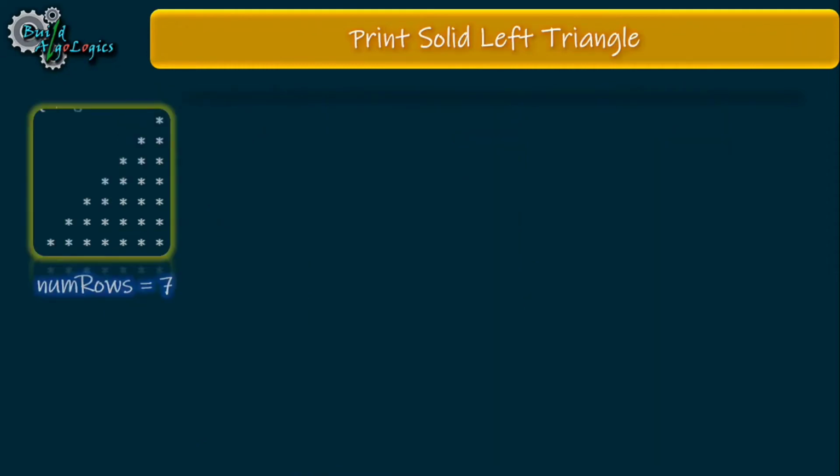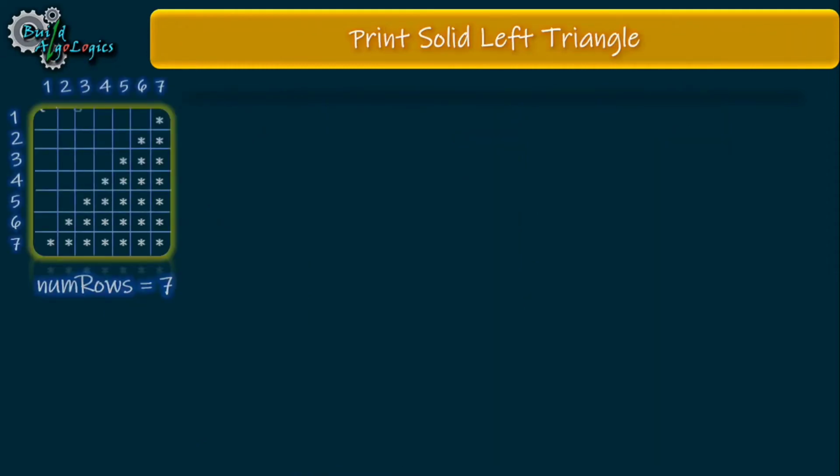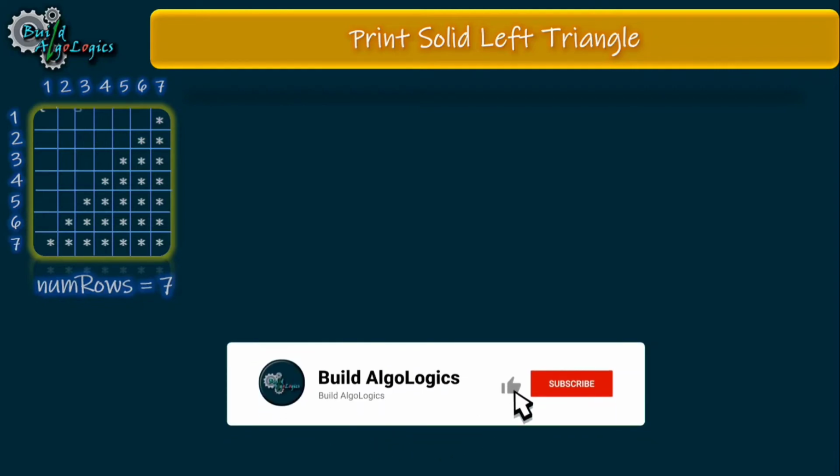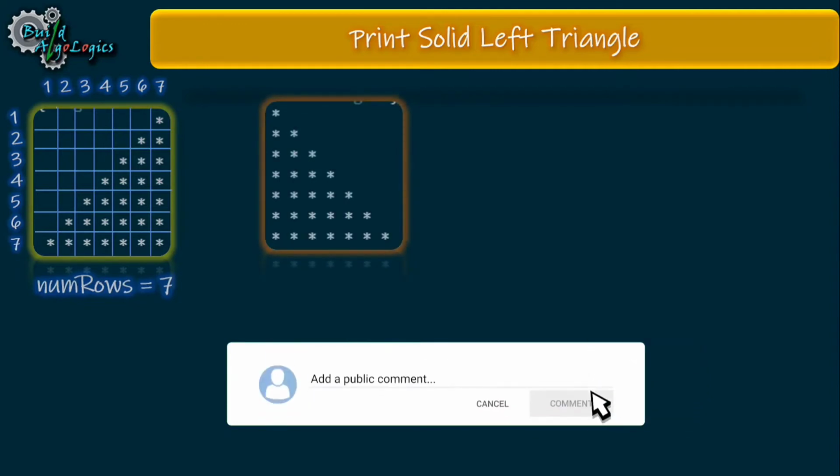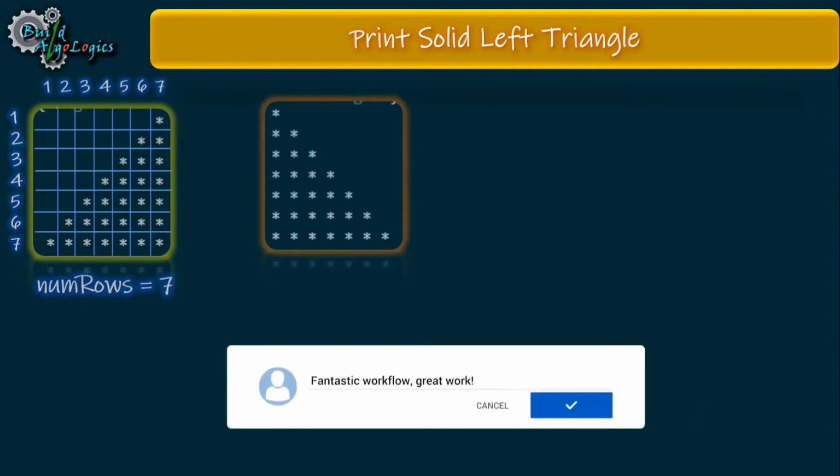First we'll write our code to print this solid triangle. Before going ahead, please watch the previous tutorial for printing left-sided triangles, as this pattern is the next step of the left-sided pattern. You can find the link above and also in the description of this video. So now I assume that you are able to print this pattern. This is nothing but our left-sided solid triangle that we drew in our previous tutorial.